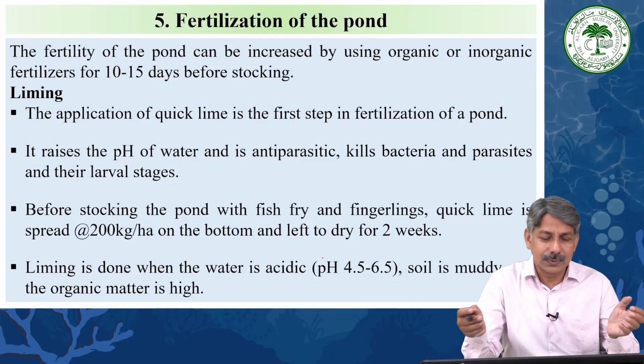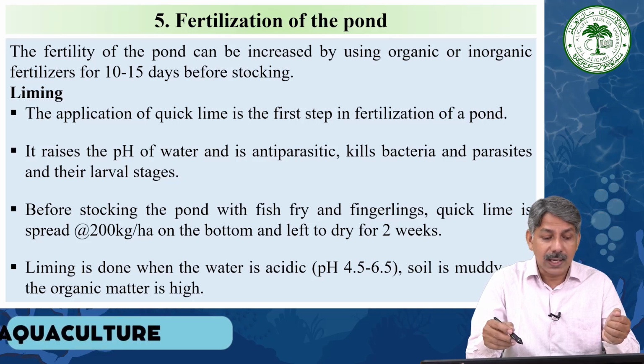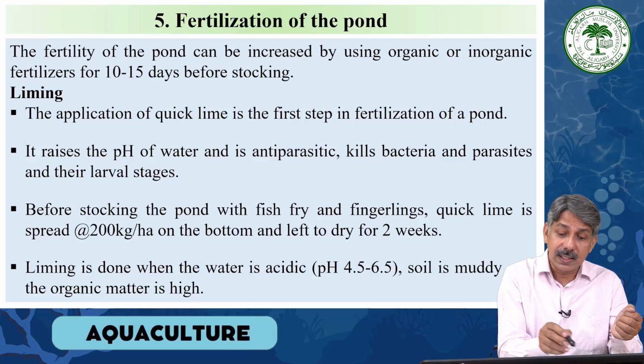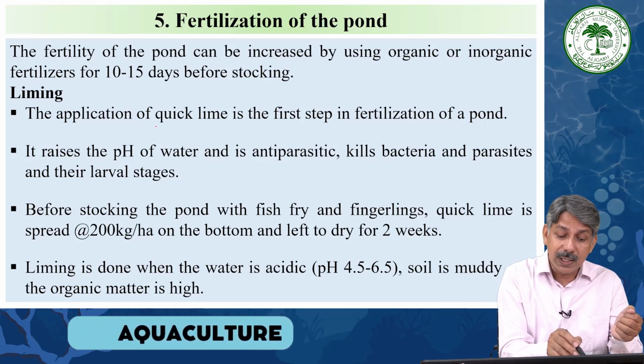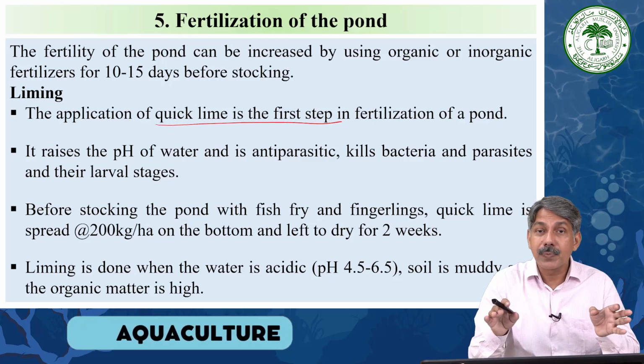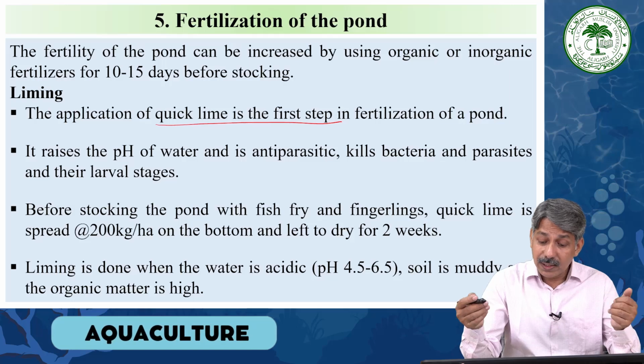So you can have different methods to control. Fertilization of the pond: the fertility of the pond can be increased by using organic or inorganic fertilizers. In fertilization of the pond, application of quick lime is usually the first step. First we apply lime in order to make the soil a little alkaline, and then we use